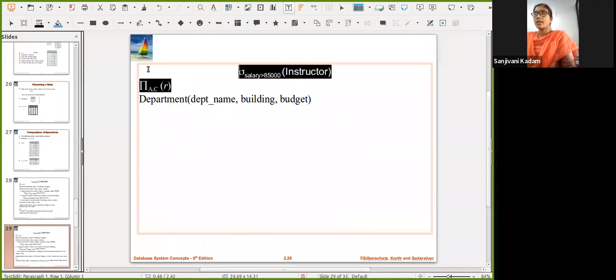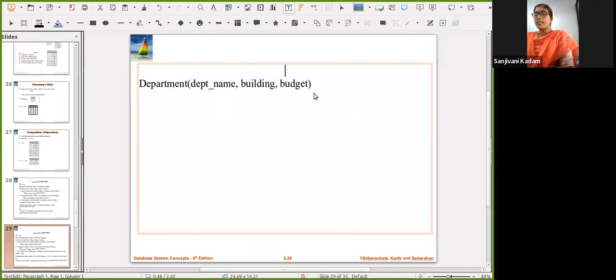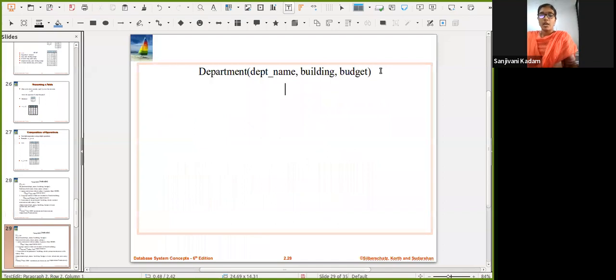Okay, so this is my department relation, and then I have an instructor relation. In the instructor, I have ID, name of the instructor, department name of the instructor, and then salary.